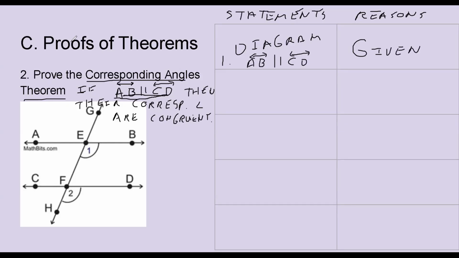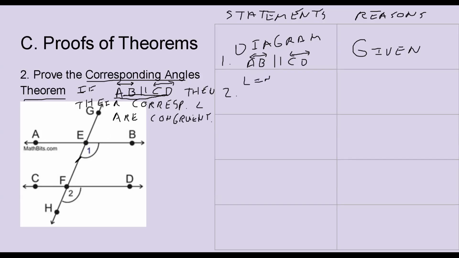All right, step 2. If all we're given is this diagram and the fact that these two lines are parallel, what does that mean? What that means is, if these two lines are parallel, then this transversal here is going to have to intersect them at the same angle. All right? So what we can say is